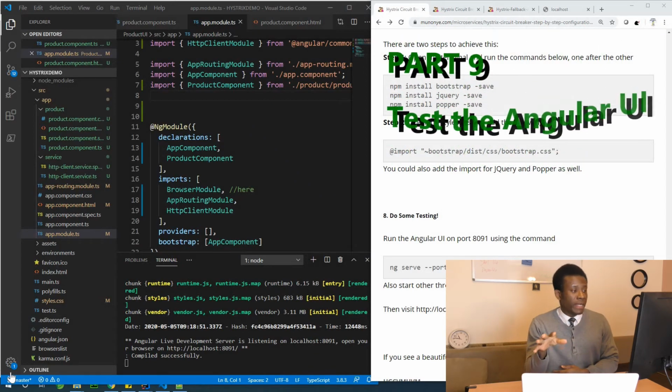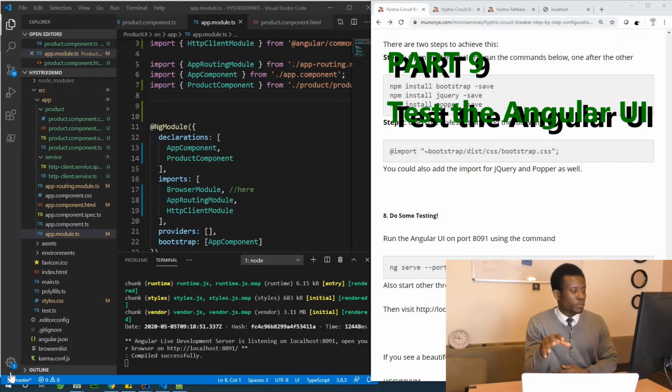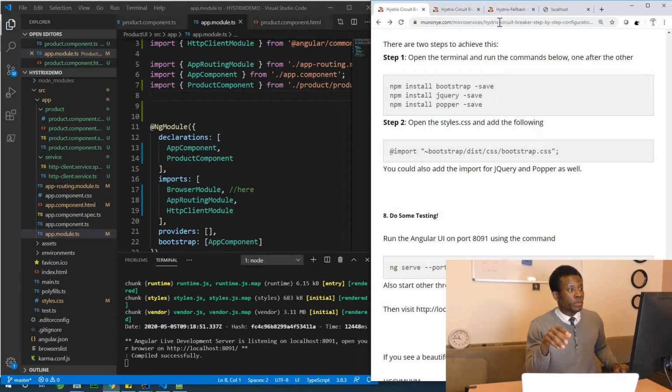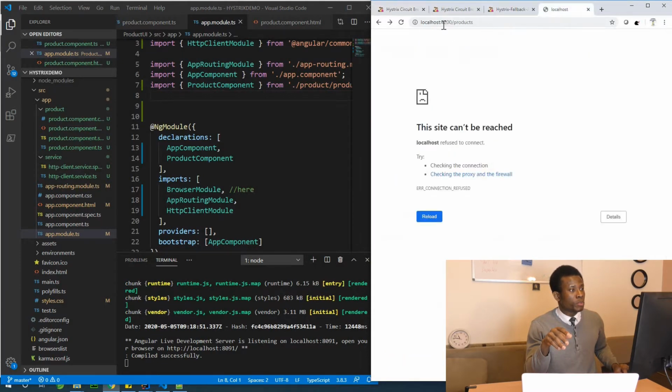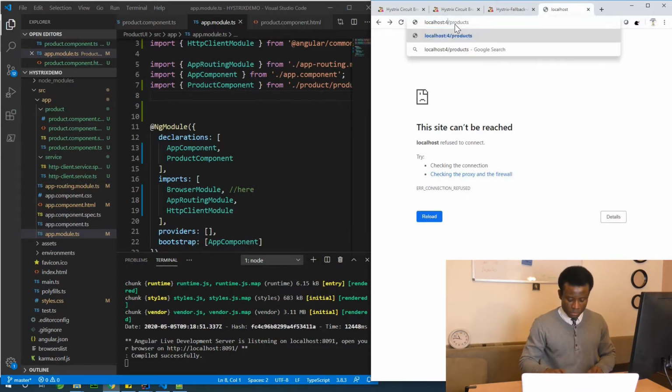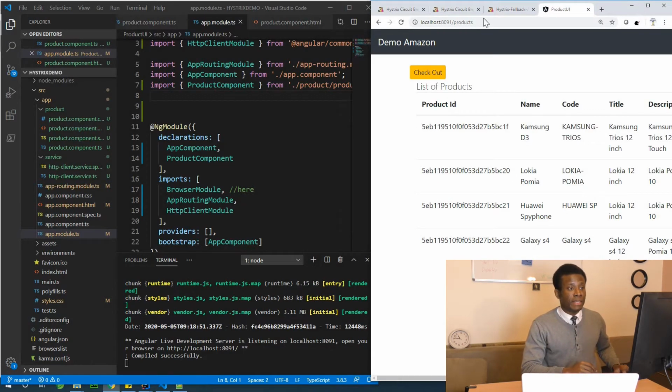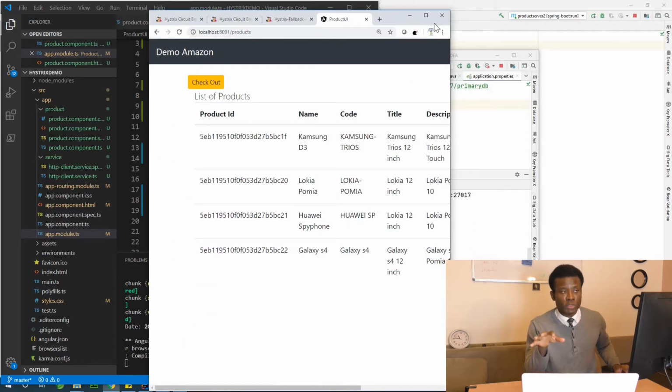So there was some error there that I noticed and I just figured it out. The application started on port 8091, as you can see right here. If I go to my browser and browse to port 8091, you can see that it displays a list of products coming from